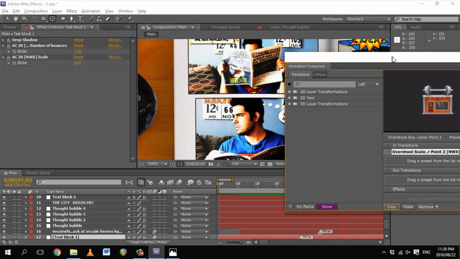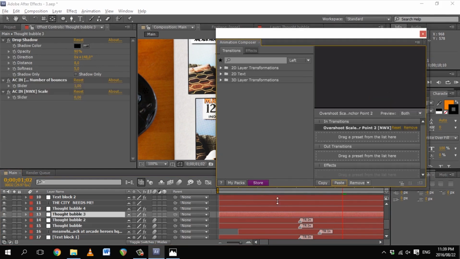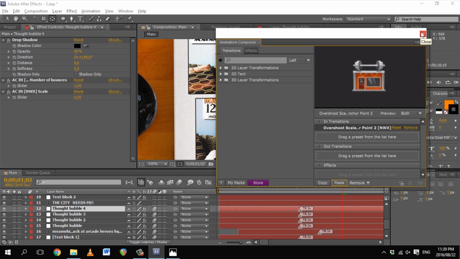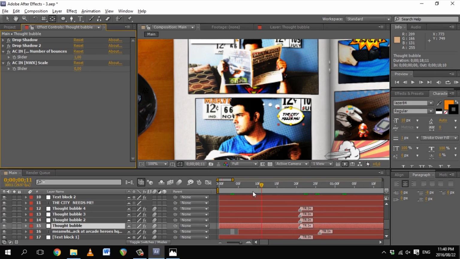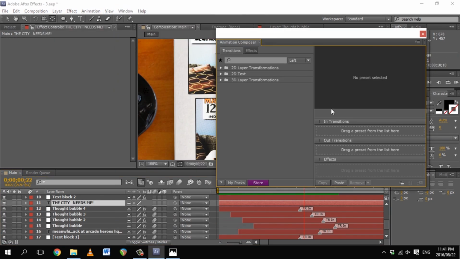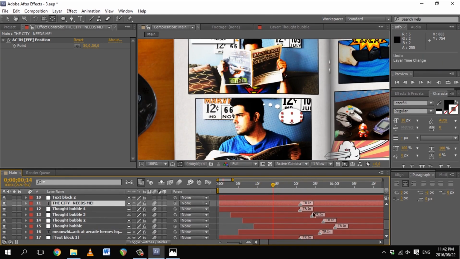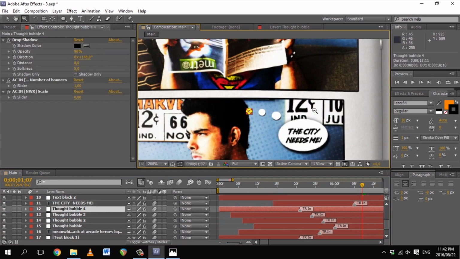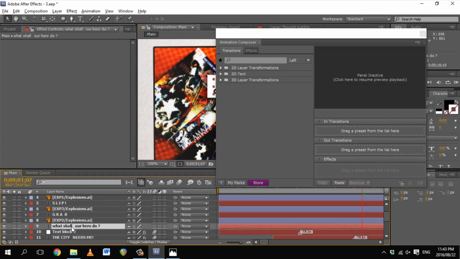I decide to let them be slightly staggered, with the text appearing a moment after its respective box. You'll notice that there are copy and paste buttons in Animation Composer, and I suggest you use them. Stagger the thought bubbles as well, so it appears to be climbing out of his head. The most accessible way to stagger items like this is to use the page down or page up buttons to move through the timeline frame by frame, and then using the square open bracket to move an asset to the start of the playhead. And we'll continue this way, adding animations to our text and boxes and adjusting anchor points